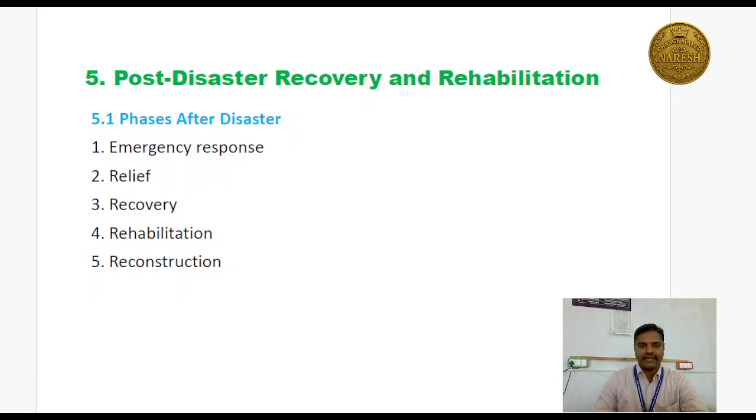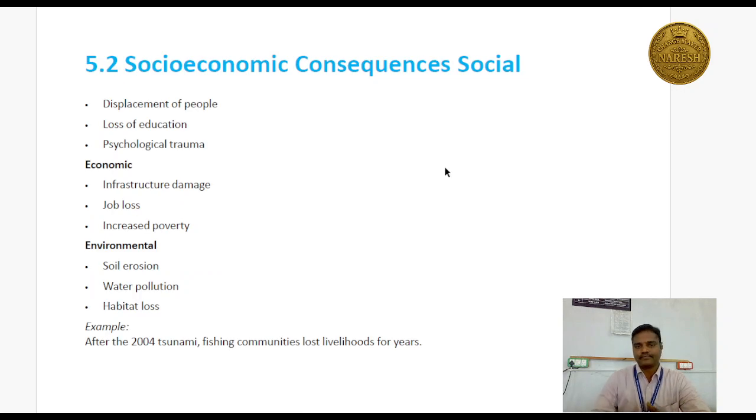So these are the 5 things that should be taken for post disaster recovery and rehabilitation. When you talk about socio-economic consequences in social, the very first thing is displacement of people. The second one is loss of education. Then the third one is psychological trauma. So the very first thing, we need to take out all the things like this and give awareness to